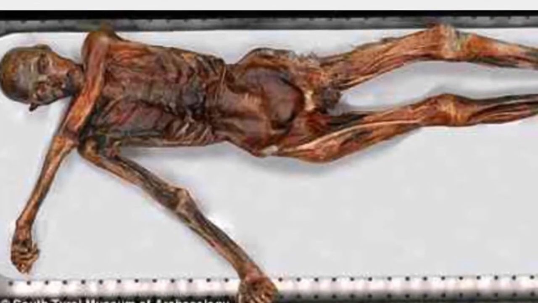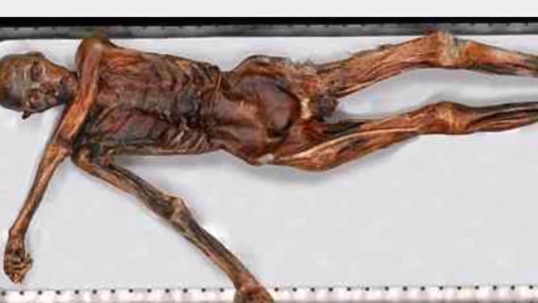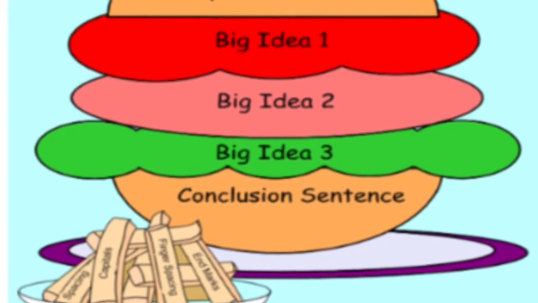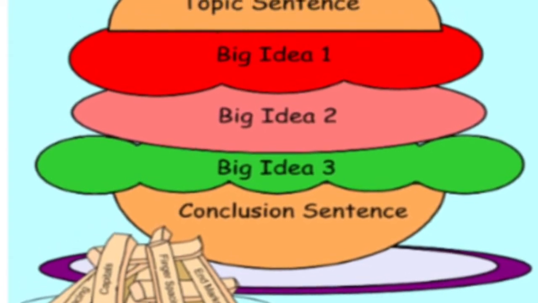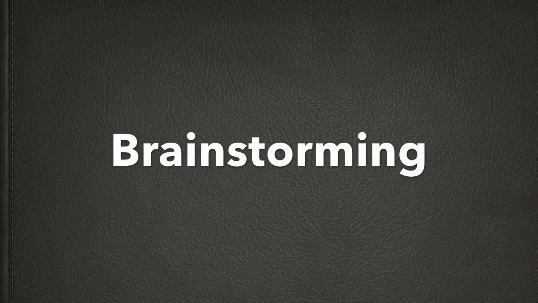Back to History Snapshots, and over the last few classes we've been talking a lot about Otzi the Iceman and some of the mistakes that were made during his excavation. We've been practicing close reading strategies, and finally we have been going over the different parts of a paragraph. And the reason we've been doing all this, as I mentioned in class, is because we're about to begin a writing assignment about Otzi and how he may have died.